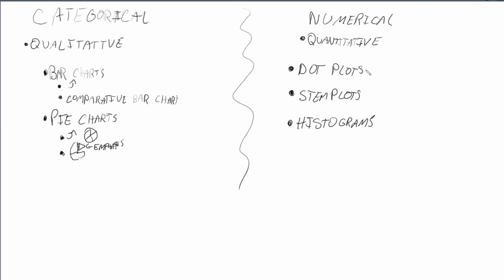With dot plots, what's great about dot plots is that it shows gaps, outliers, and clusters in your data. Clusters being, if there is, for some reason, a large amount of data gathered around a couple of points, like a couple of values like 2 and 3, that's a cluster of data there. Outliers, I've already talked about that and how you find outliers, and gaps, where basically, a quick example would be